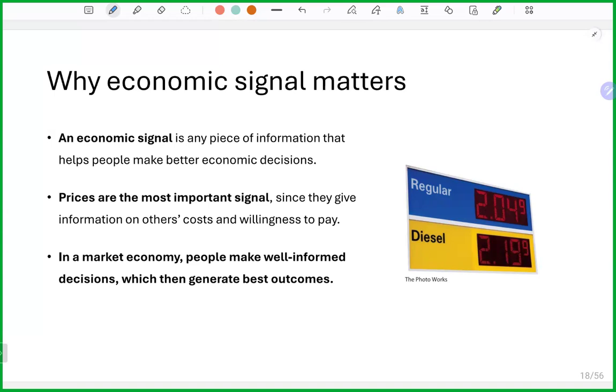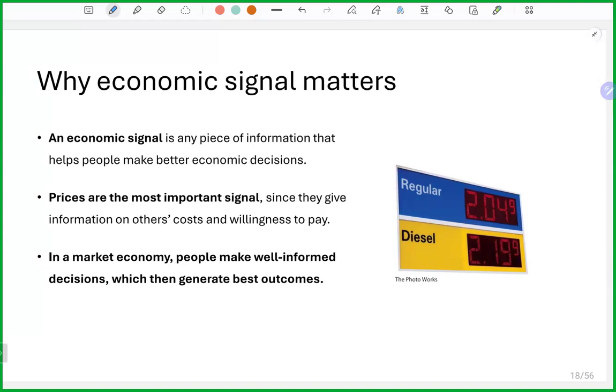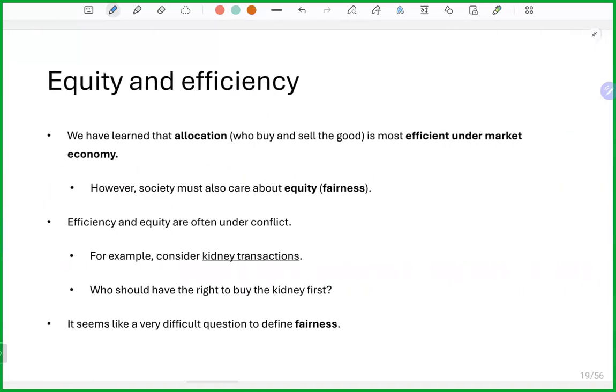So we respond to price signals. So the market is efficient, meaning that the market satisfies one condition. That is efficiency. However, the market does not always